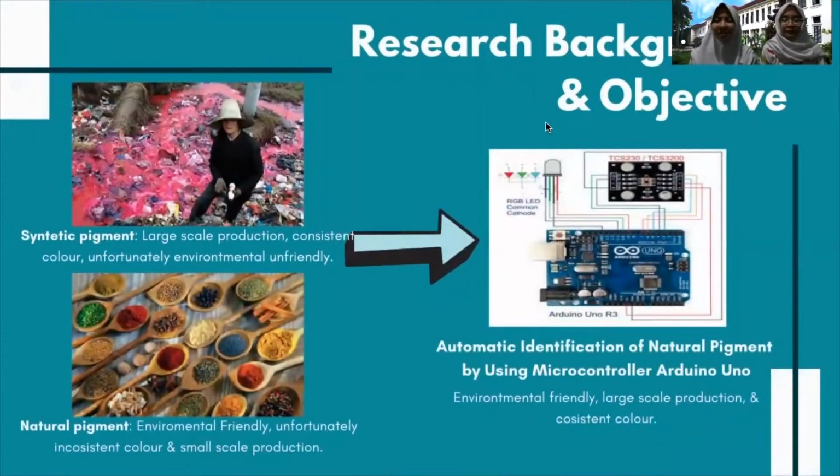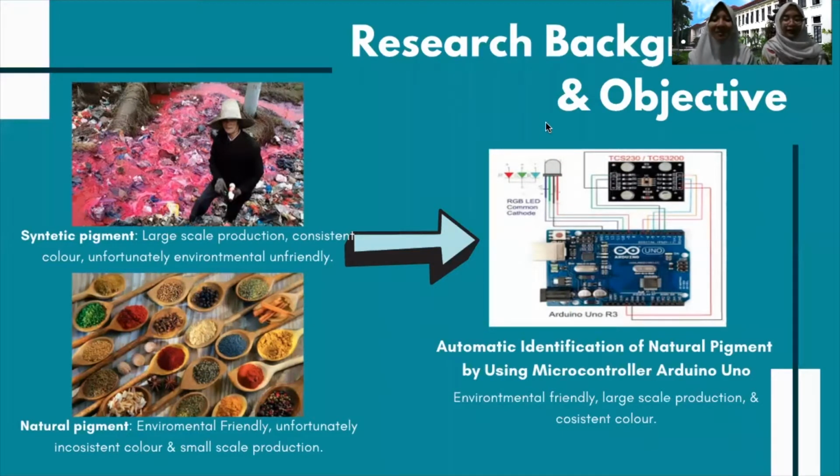This is the research background. There are two kinds of pigment. The first one is synthetic pigment, that is large-scale production, consistent color, but it is environmentally unfriendly. For the natural pigment, it is environmentally friendly, but it has inconsistent color